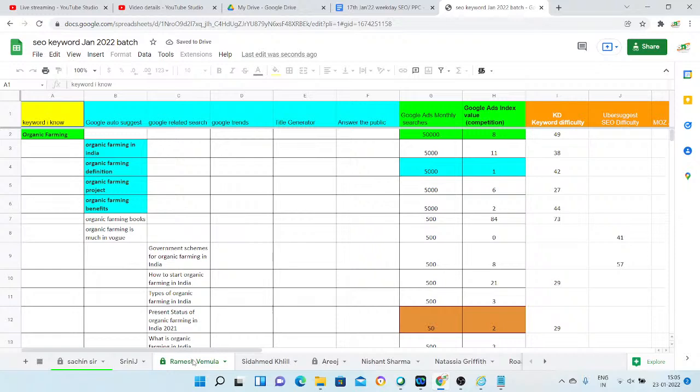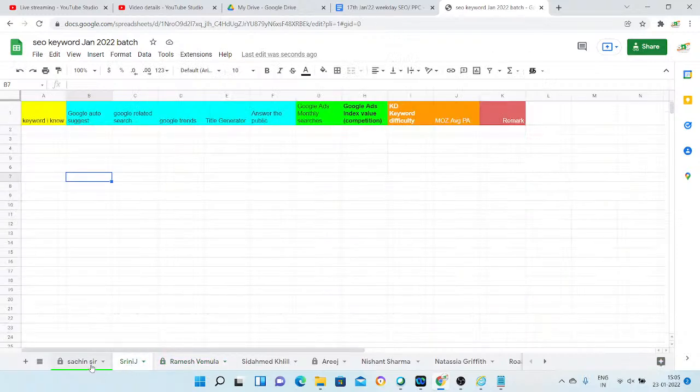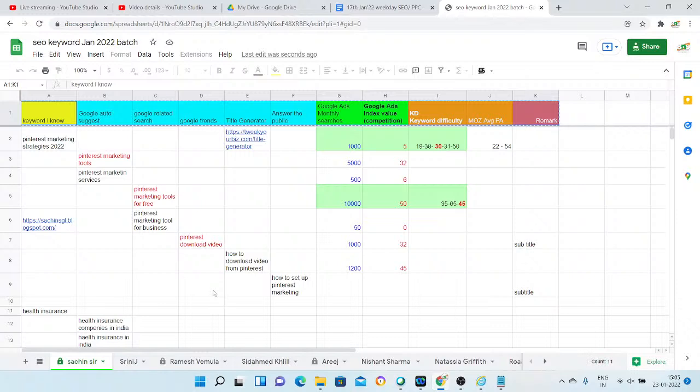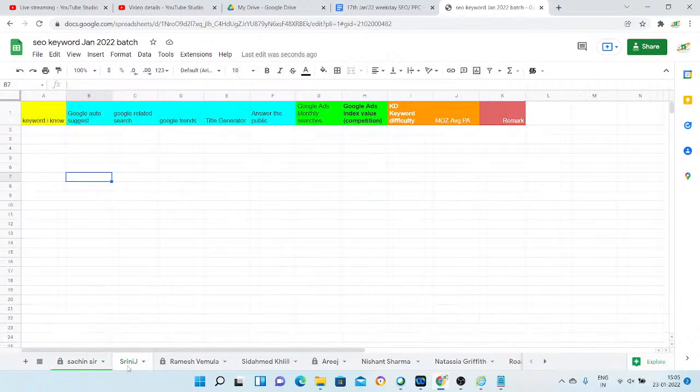Everybody knows now what the activity is, what exactly needs to be done by you guys. Everybody knows the process. Okay, so I'm just going to give you the sheet now. Please start. So you have the access. I'm going to put this sheet in your document also so that it remains with you. Control C, Control V. I'm putting the sheet link in your data as well so that you can always have it here any day.